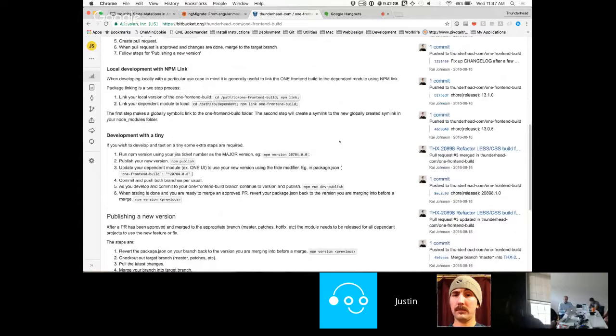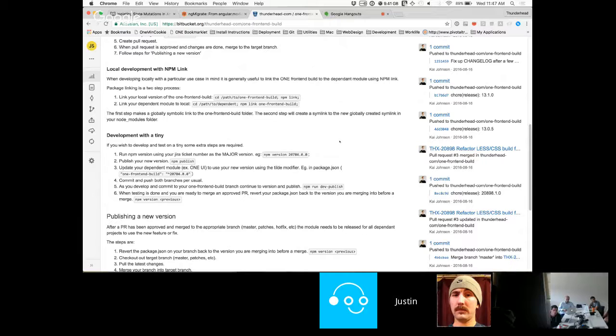We just kept the convention that Kai started when we originally started doing this, which was check out your branch, but make a change by versioning your one front-end build to your ticket number. So that's the command there, npm version your ticket number. In this case, 20784 is some JIRA ticket number. And then you can publish that. What that gives you is a version that will never be impacted by us incrementally going through. And you can keep bumping that version to check on tinies and stuff like that.